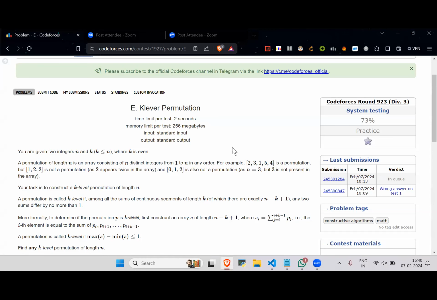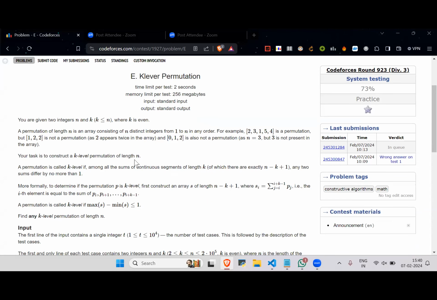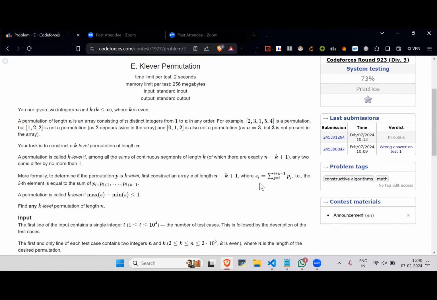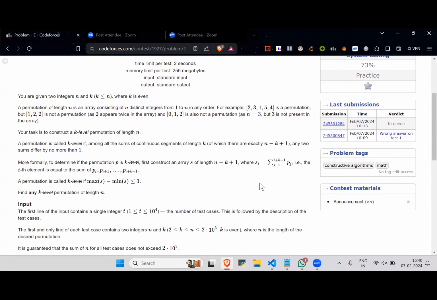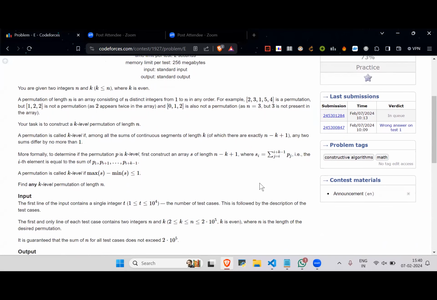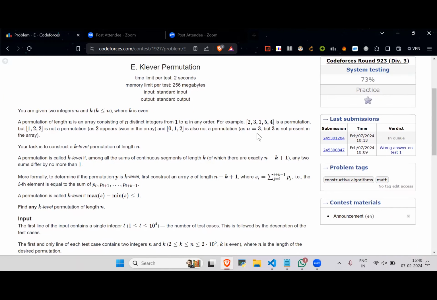So this is the fifth question of CodeForces round 923 division 3, Clever Permutation. In this question, you're given two integers n and k, where k is an even number. And what we need to do is build a permutation of size n such that every k contiguous subarrays inside the given permutation, so basically every adjacent, the sum of every subarray inside the permutation